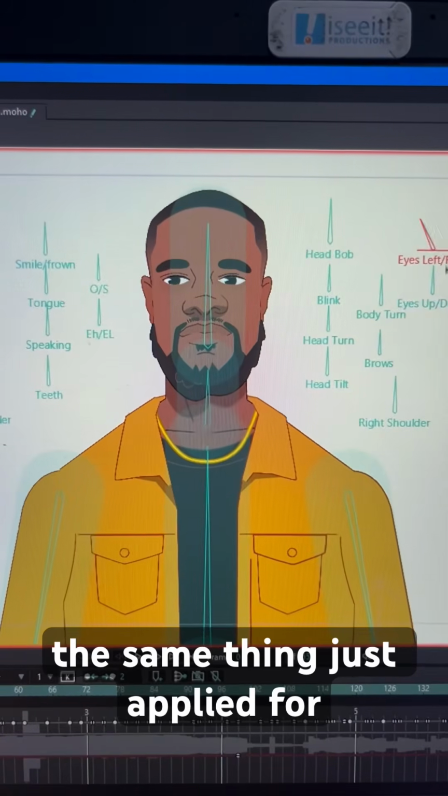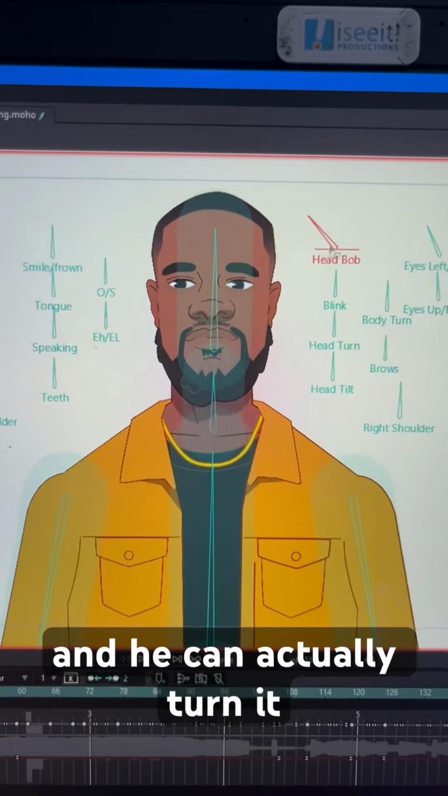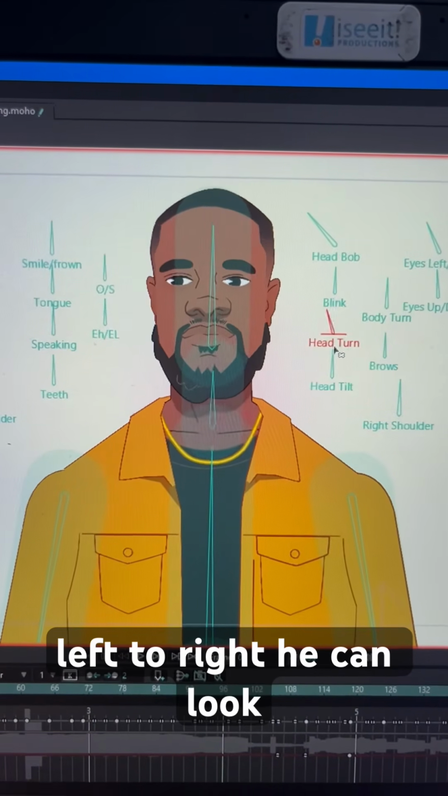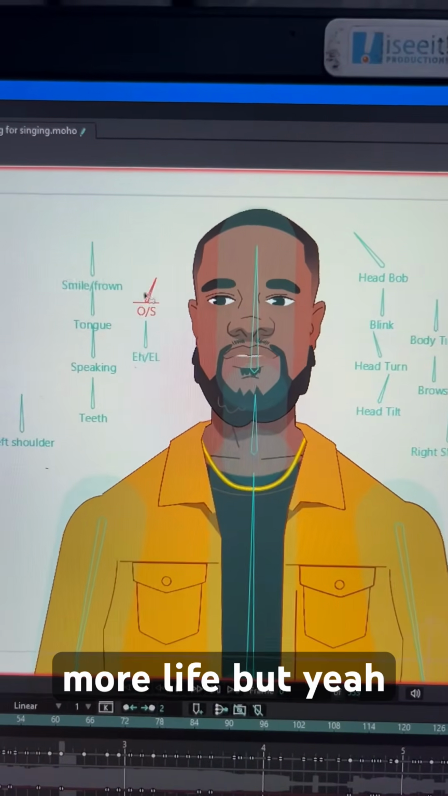Also the same thing just applied for this rig as well. He can bob his head forward and backwards, and he can actually turn it left to right. He can look up and down. That was to give the character a little bit more life. But yeah,